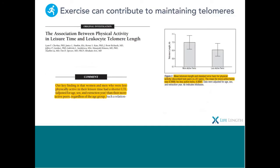So let's talk about some of those things that we all know that we should be doing, but not necessarily every one of us does with the consistency every day. And exercise is clearly a key one. And there's hundreds of papers on the importance of exercise to maintaining telomere length. And we can all say, yeah, I know that, and I don't need a test to tell my patients that they should exercise more. But what we're proposing here is a tool that's going to look at not only exercise,